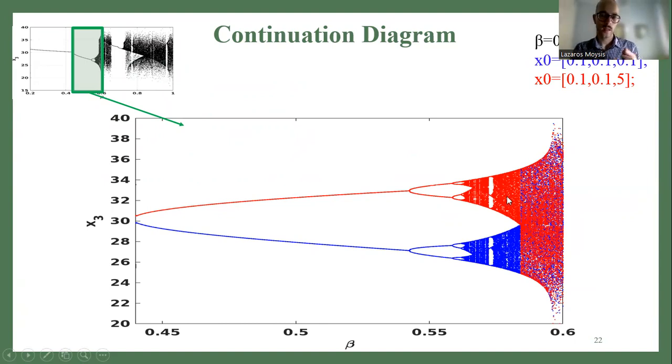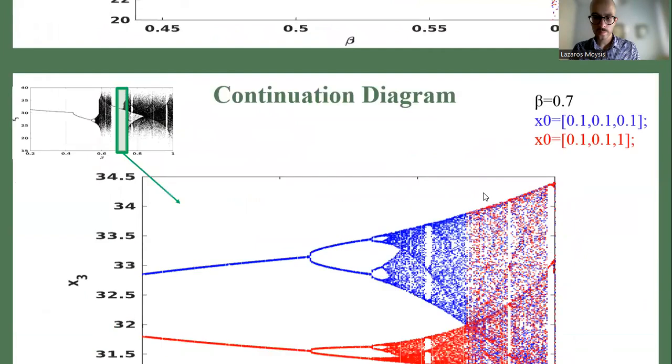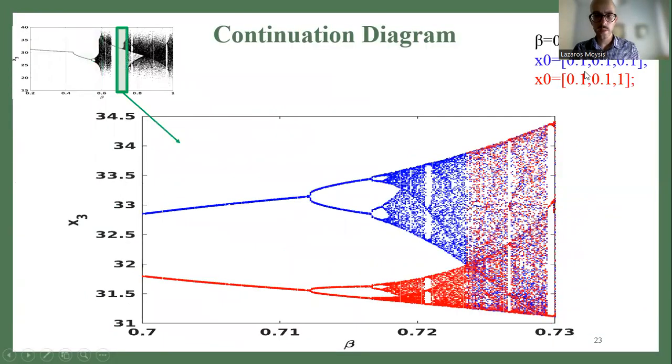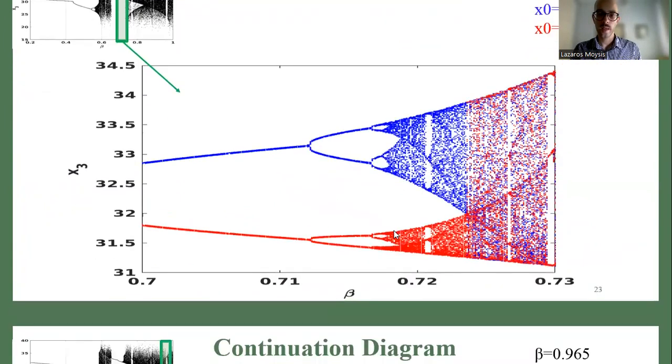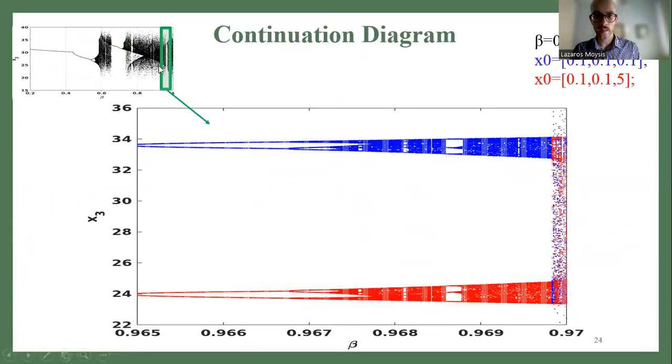Okay, and I did the exact same thing for a different region of interest. I did this small region right here. Again, I tried to find two coexisting attractors, and then I used two different continuation diagrams in the forward sense. Again, I obtained this coexisting behavior right here that wasn't present in the original diagram. Again, we have a period doubling route to chaos until the attractors merge together. And then for the next region, this region right here, I did the same thing. And again, I managed to depict the two